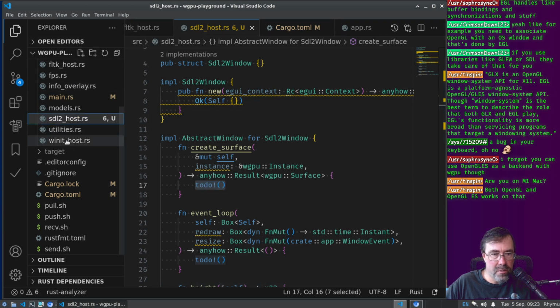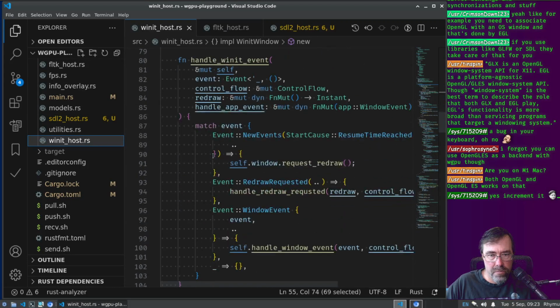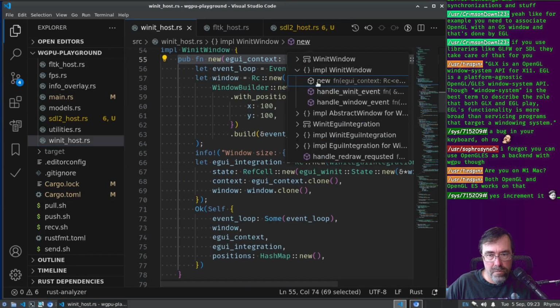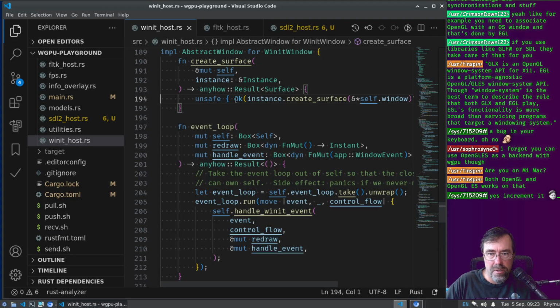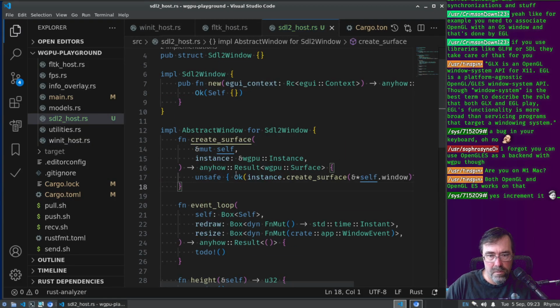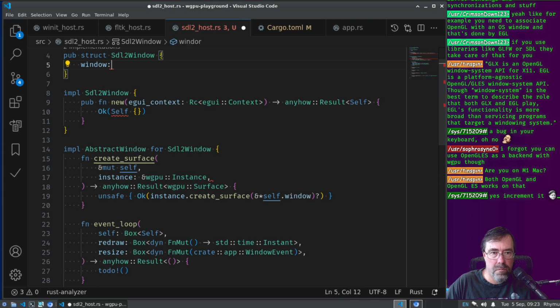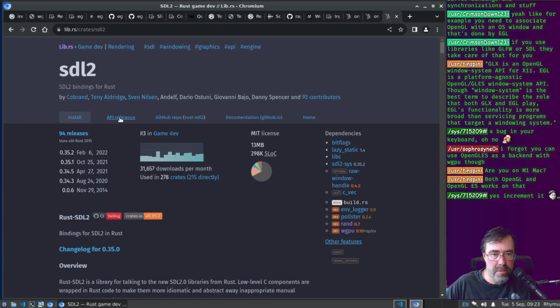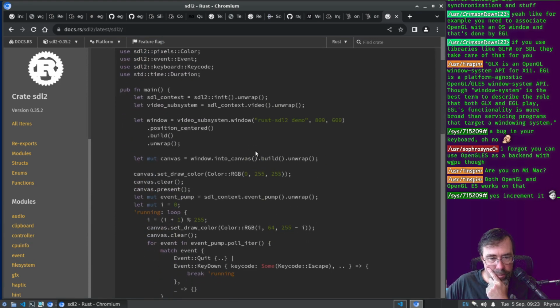Maybe we'll cheat and look how winit did it. Abstract window, create surface. That had to be unsafe for some reason. I don't know why. Okay, so we have to have a window. So I guess we're going to be reading about SDL for a little bit. Okay, how do we create a window? Window,